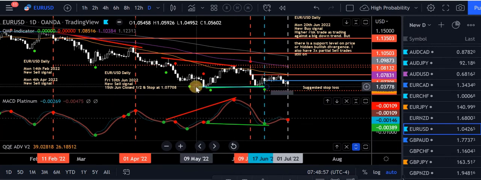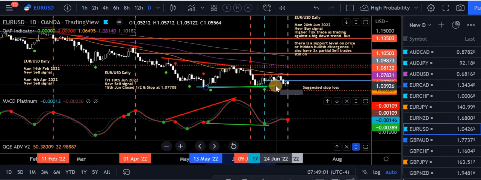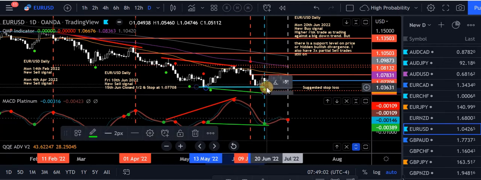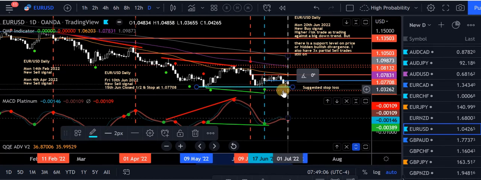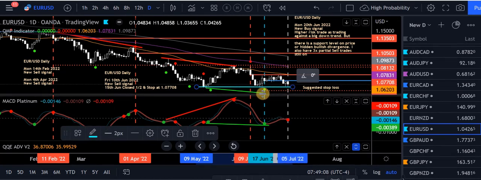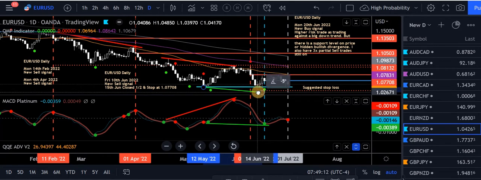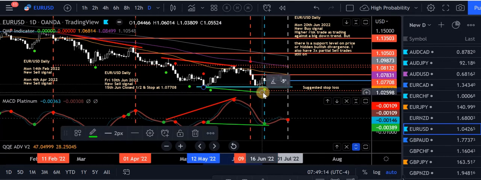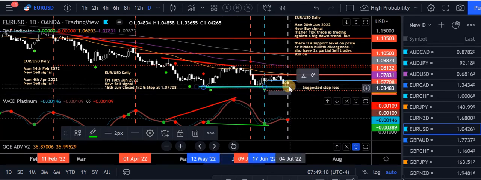I could probably move this blue line across a bit, I think. Make sure I get the right colour. Yeah, 50-50, got the green one. So let's bring this blue one across. Hopefully that'll hold because the stop's just below it. So something I have to be aware of. I'll move my green line. It's not going to move it. So yeah, hopefully it's gone against me slightly.